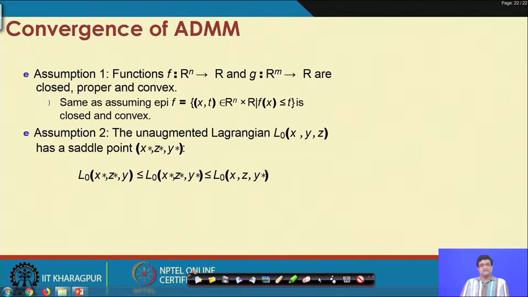So, we will state now the theorem of convergence of ADMM. Okay. So, we have already shown the iterates. Now, suppose f and g are two functions, and these are closed, proper and convex. So, many of the machine learning loss functions are of this type. If this is the case, and the second condition is that the augmented Lagrangian has a saddle point,